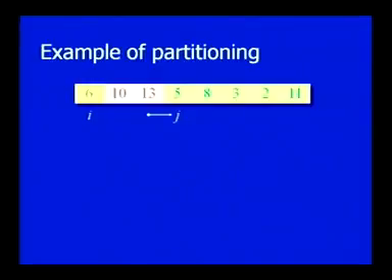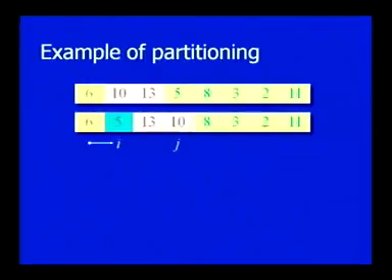Six is less than 13, no problem, but now you observe here 6 is greater than 5. So, I am performing the first exchange. 5 comes to the position of 10 and 10 goes to the position of 5, and my I is incremented and it is now pointing to 5. So, now I have to start comparing 5 with the remaining elements. Whenever that condition is not there, it has to be swapped.